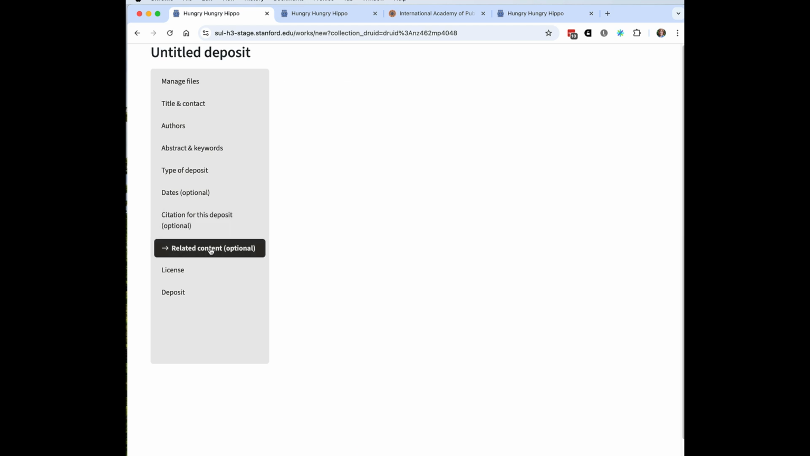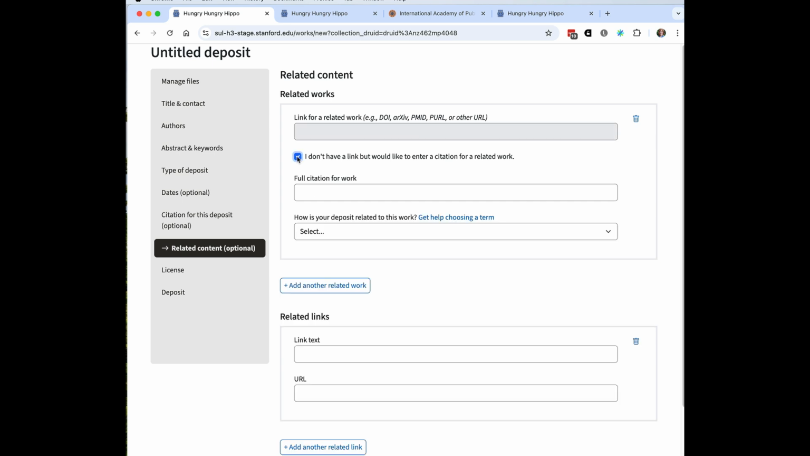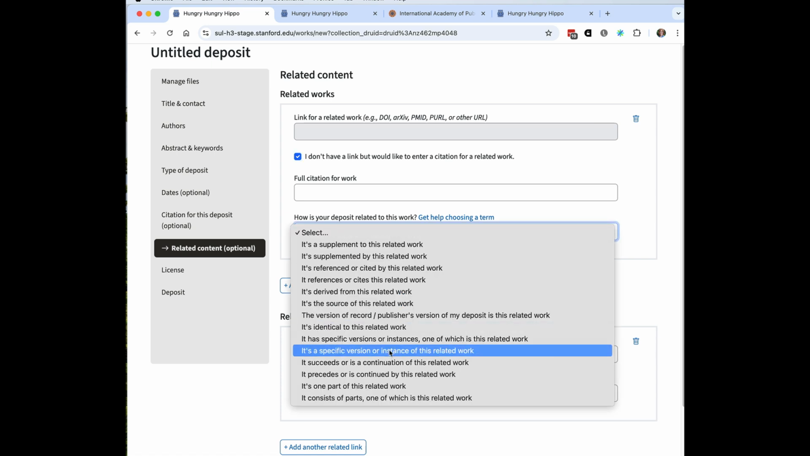Related works are changing as well. We are prioritizing the entry of related works via URIs, so we have a box for that at the top. If the user doesn't have a URI, then they can check this box and provide a free text citation. Either way, they will now be required to indicate how this work is related to the work they are depositing, which is a new